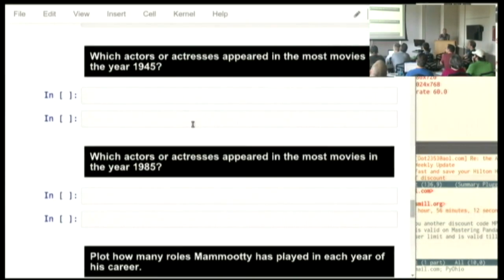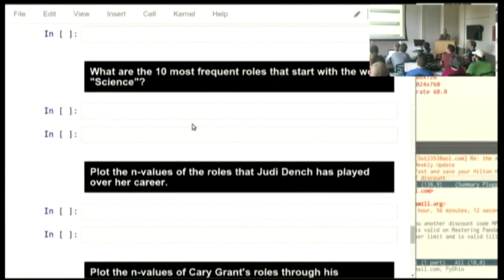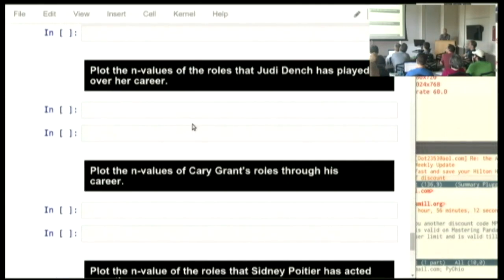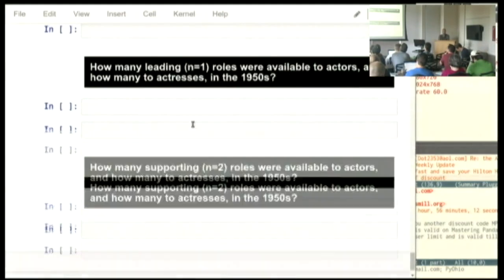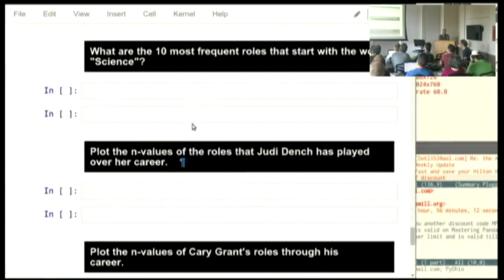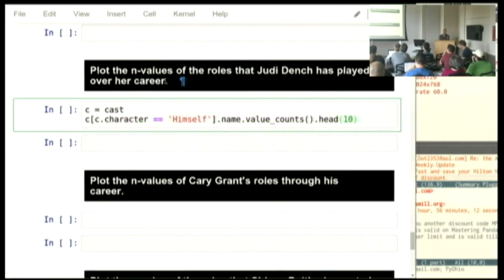And so the subsequent questions will get you to go through these different operations and combine them together in different ways. One that I'll show you that uses one little trick is: plot the in values of the roles that Judi Dench has played over her career, so we want only the rows where the name is Judi Dench.